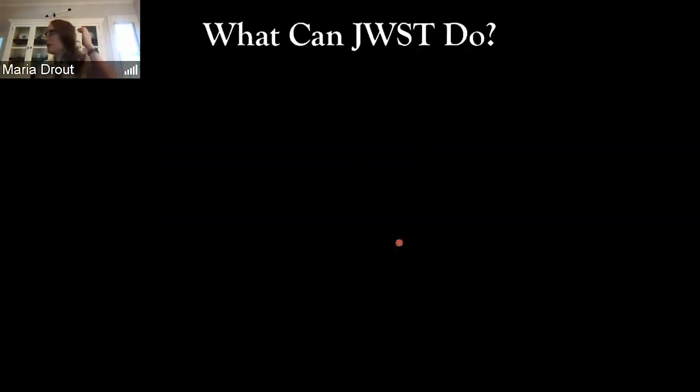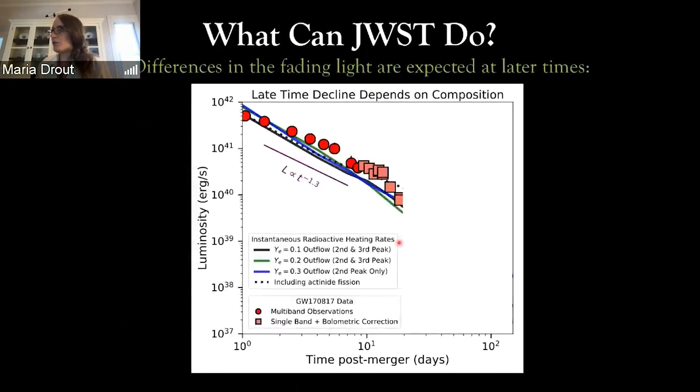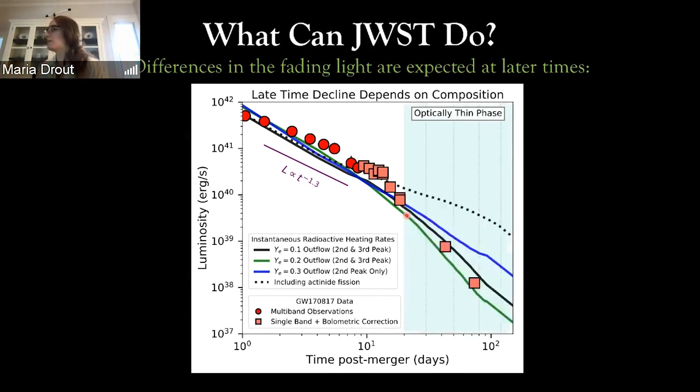So as I wrap up in the next 2 minutes, there's the obvious question of what can JWST do? What is our proposal aiming to actually do to address this question? Well, it turns out that although all of those different predicted abundance patterns agree with this observation from 2017 over the first 3 weeks, if you were to extend these curves out to, say, 3 months past the explosion, you start to see very big differences.